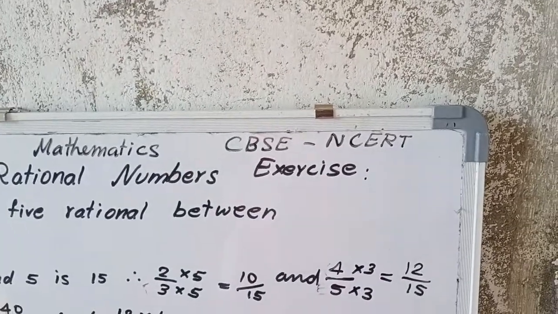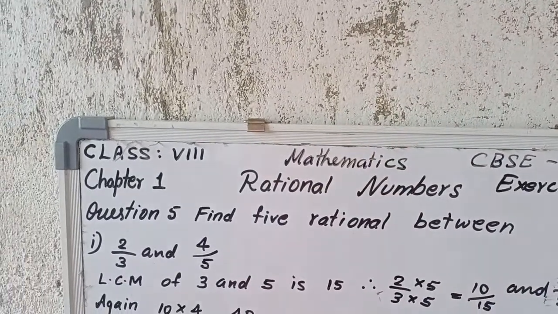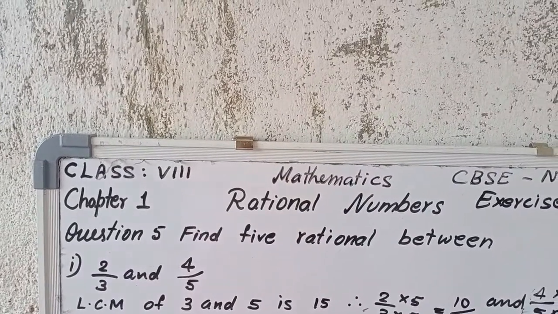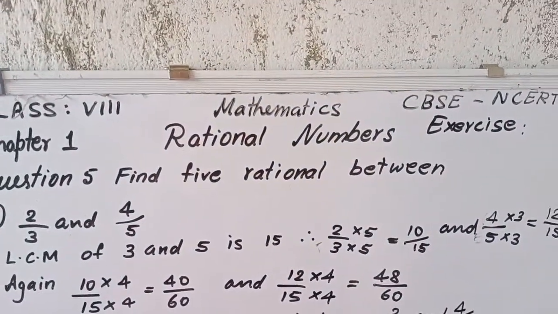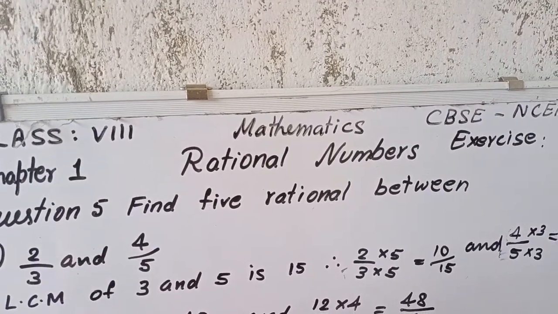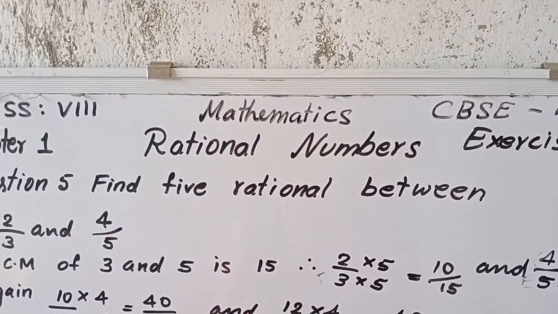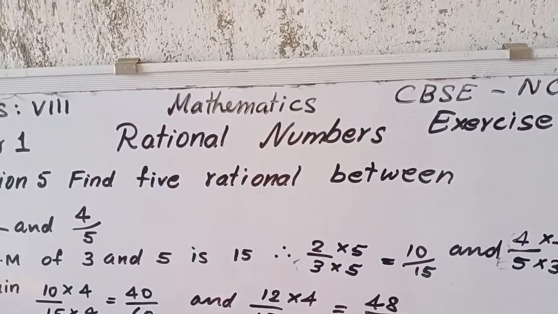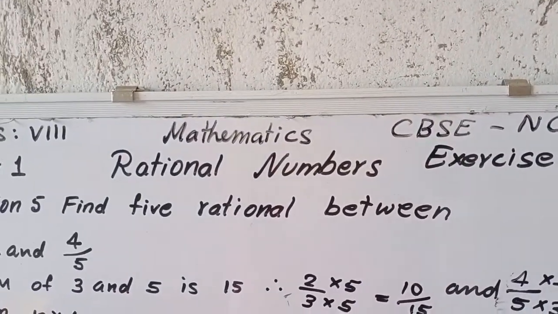So what can we do? We can go further. Let us multiply and we will get more. Whatever we multiply, we have to do it for both numerator and denominator, so it will not affect anything. So now I am going to multiply by 4. 4 10s are 40, 4 15s are 60. But why should I multiply by 4? If I write like this, I will get the maximum numbers in between. So I have written 4 15s are 60, 4 12s are 48.